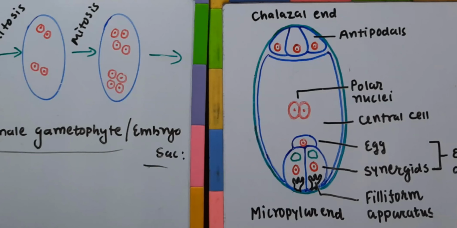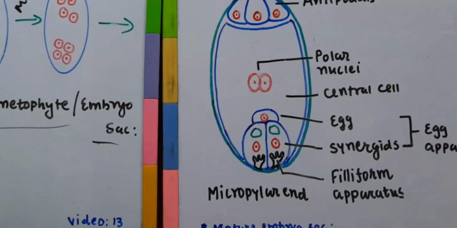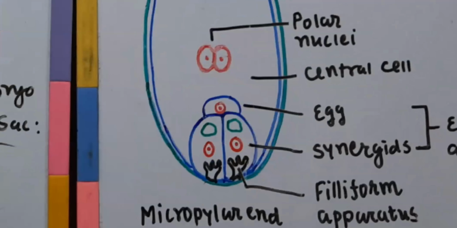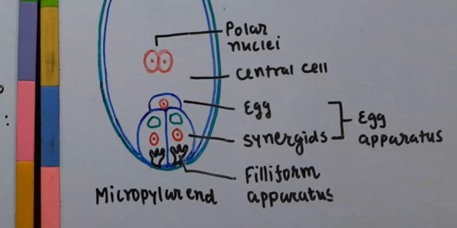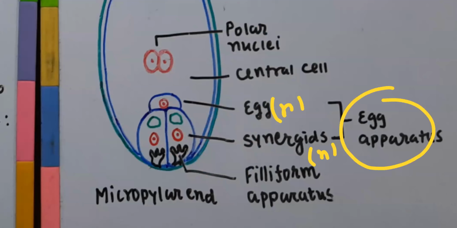This egg apparatus, if you see carefully, has one haploid cell named the egg cell, and the 2 cells around it are known as synergid cells, each one haploid. So a group of 3 cells together is known as the egg apparatus. One haploid egg cell,